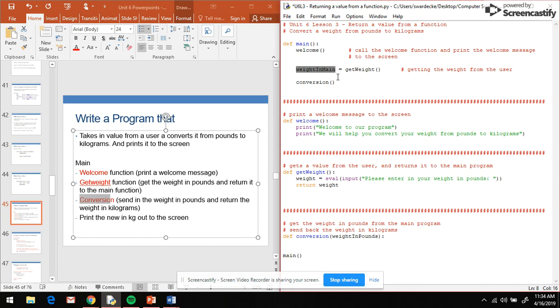This is the value we want to send in. So what's going to happen is main calls the conversion function. It sends in that value. That value is now set equal to weight in pounds down here. And then what we can do is we can convert it to kilograms. We can call it weight in